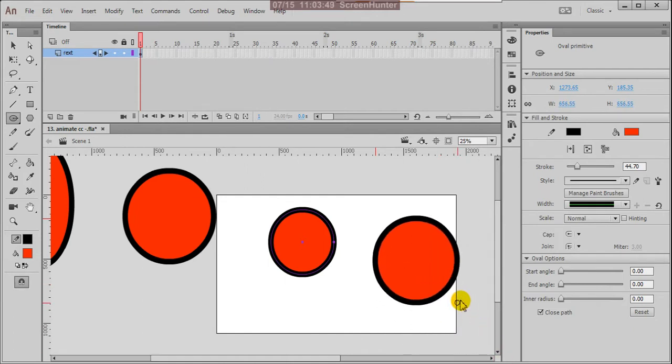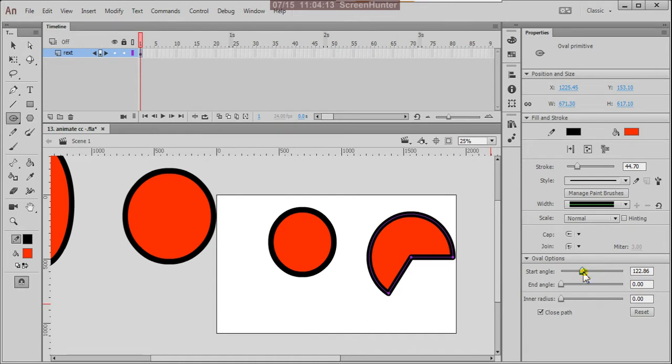But here, if you check the properties panel, there are some options. Here, start angle. Suppose you draw this and check the start angle. See this, it looks like a pie.